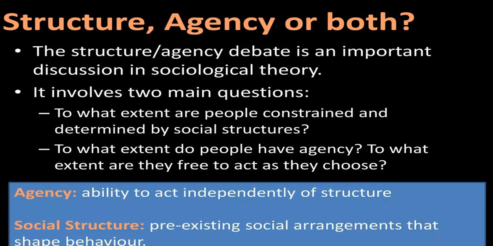But structure and agency is this big raging debate in the social sciences. The question this poses: structure, agency, or both? The answer is both, right? There are social structures that confine and constrain our decision-making processes. There are certain rules that we all have to play by, but we also have free will.